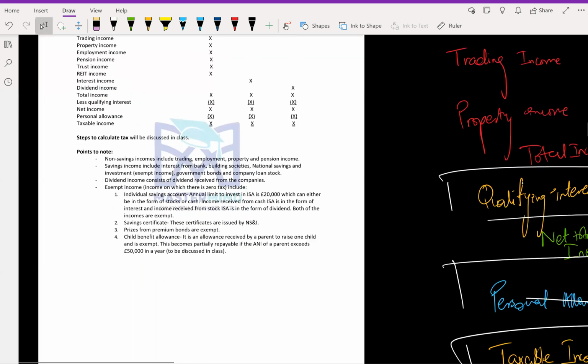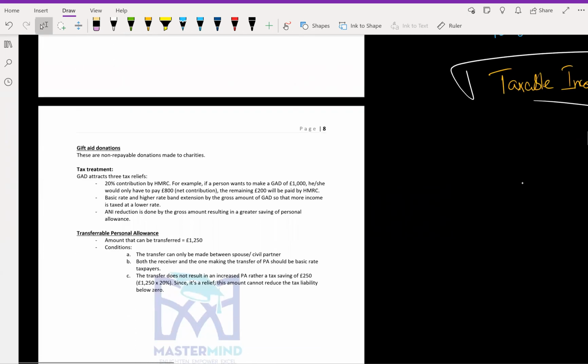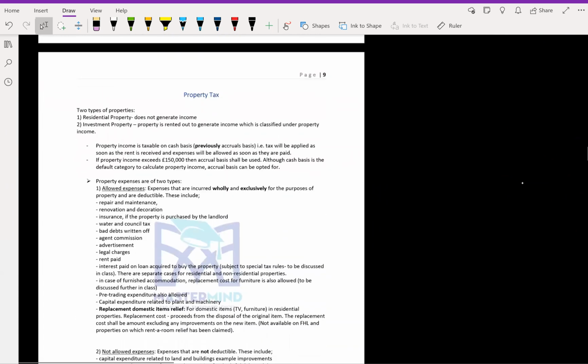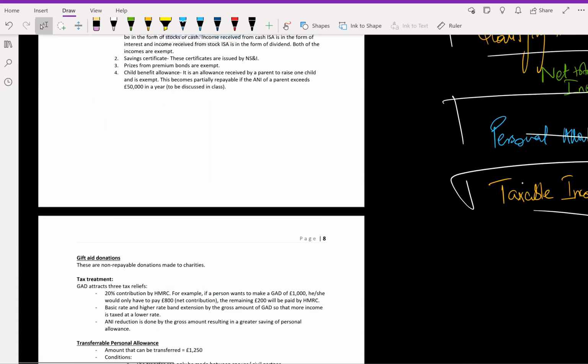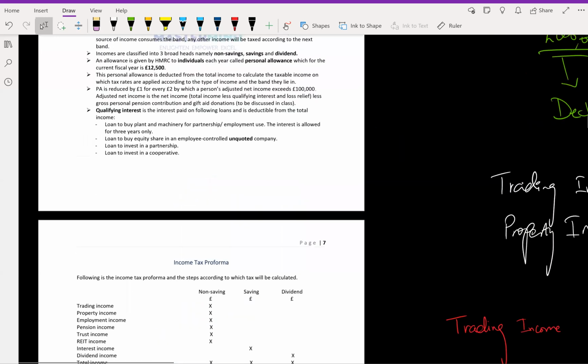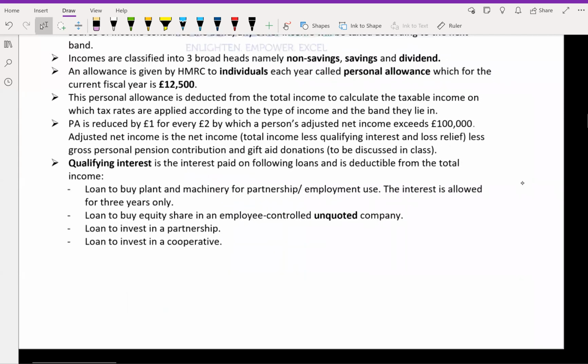What are those loans? So you have these loans over here in the notes. Number 1, loan to buy